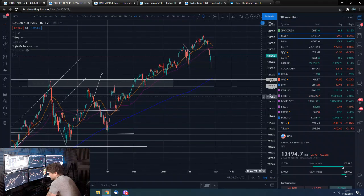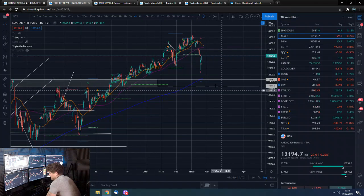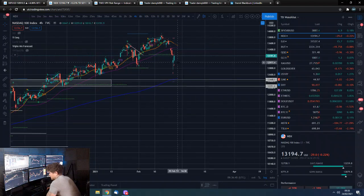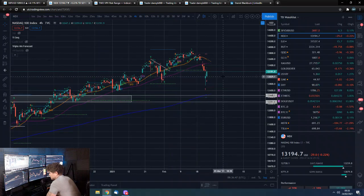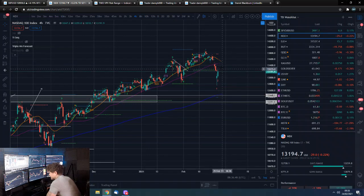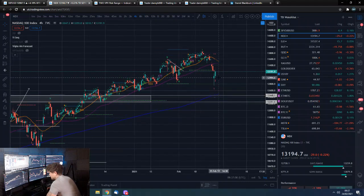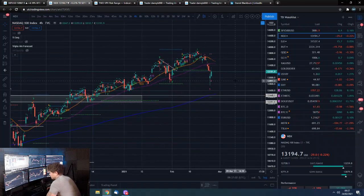Nasdaq as well. Nasdaq was particularly under a lot of pressure, and as you can see, that is bouncing on a 4-hour 9. If this does start to recover again, it could look good. But like I said, even if stocks aren't gonna go down, I do really see sideways stagnation, maybe a slight upward bias, but I just don't see the potential moves up, because we've got the 10-year going up, which obviously implies inflation, which is obviously good for